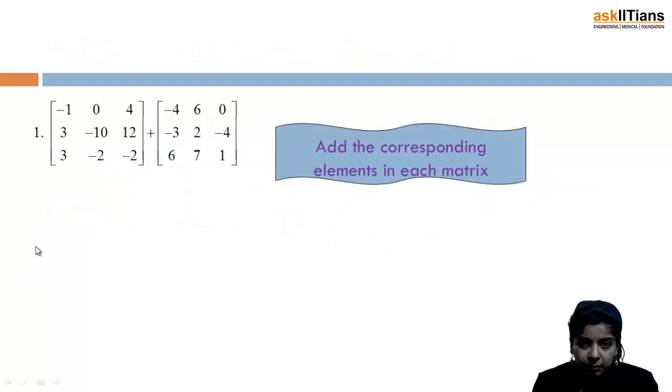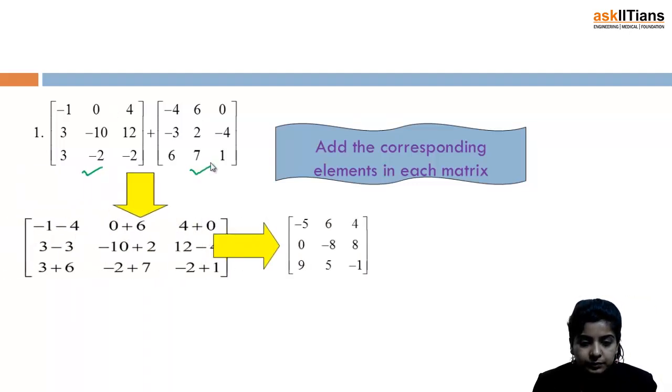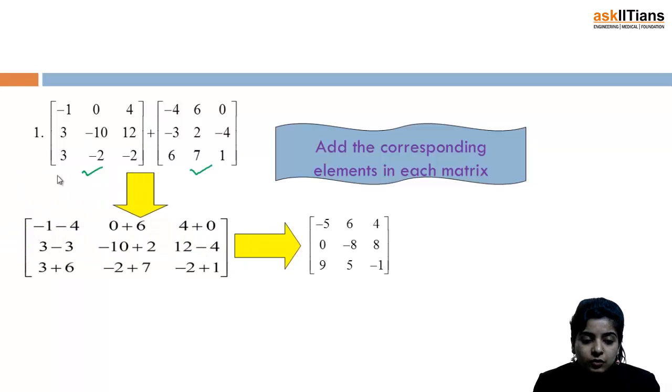Next, we have an example in this context. Suppose I have this matrix and this matrix, and we try to add these two matrices. First of all, what you need to check is the order of the two matrices that we are adding. They have to be the same, only then can we proceed. The order of this matrix is 3 rows 3 columns, so 3 cross 3, and again 3 rows 3 columns, so 3 cross 3, so we can add the two matrices.